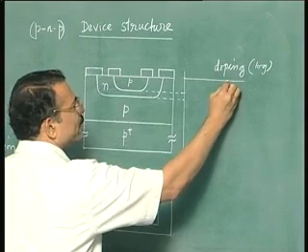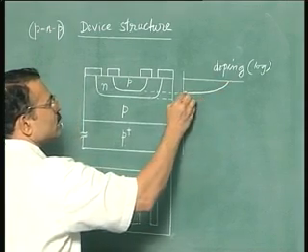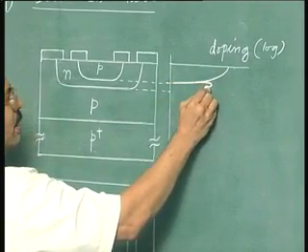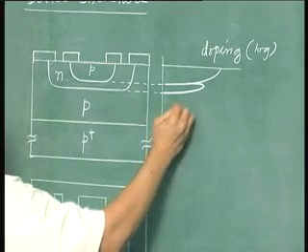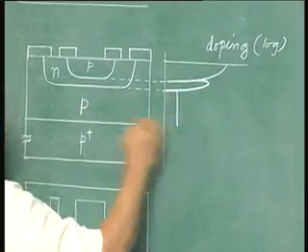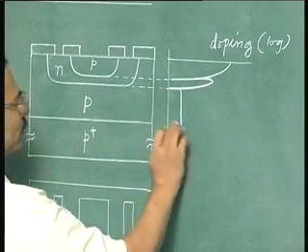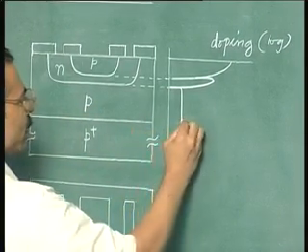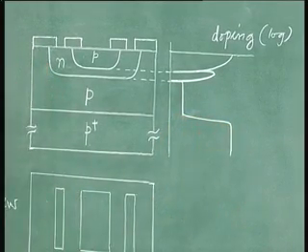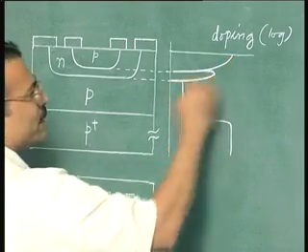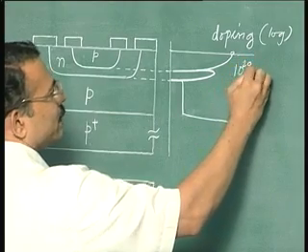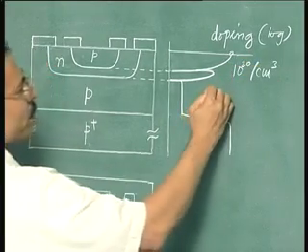So you have a heavily doped p-type region. This is how it goes, and then you have a p-n junction at this point, and then a relatively lightly doped n-type region, and then a p-n junction again here and a much lighter p-type region, followed by a heavily doped p-type region. So that is something like this. The doping levels would be something like this. At this point the doping level would be of the order of 10 power 20 per centimeter cube.